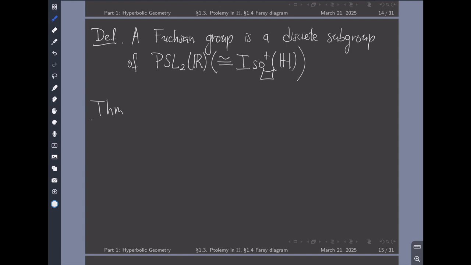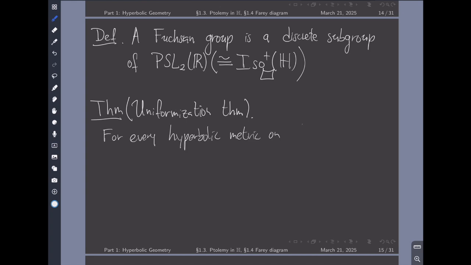One is the uniformization theorem that was already mentioned in Professor Tomasi's course, which says that for every hyperbolic metric or structure on, let's say, your surface, let's say that the surface is sigma, and then we remove the points, let's say P1 to Pn,